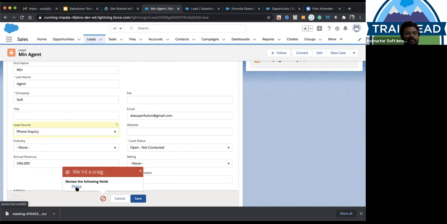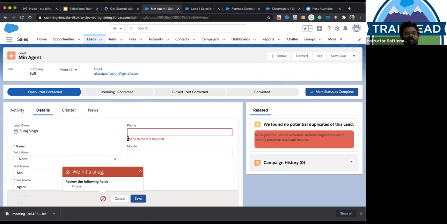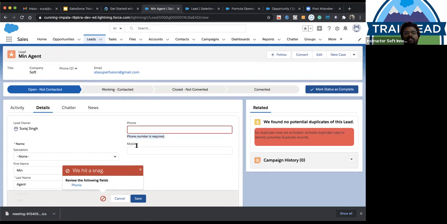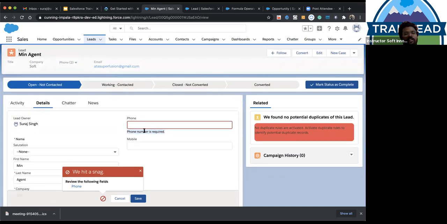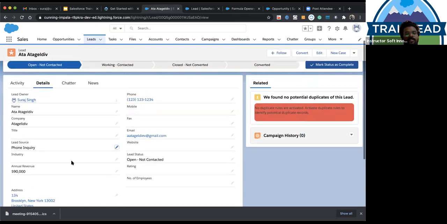Review the following field, and when you click here, phone, it shows that phone number is required under that field. It's showing that phone number is required, and when I add the phone number and hit the save, it got saved. So this way we can apply the validation rules, and it will not fire if I